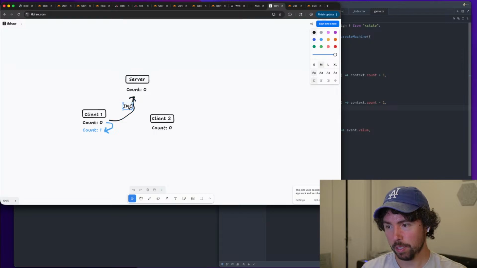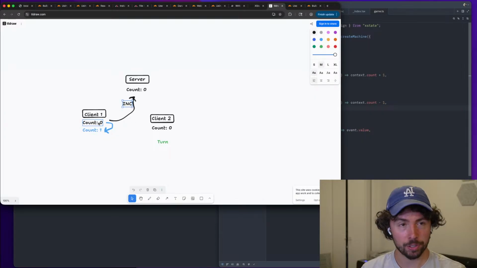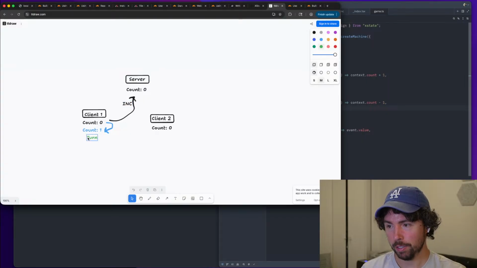And then if it's approved, maybe we have a turn. And maybe that goes back and forth. And if it's this person's turn, even if they try to do this, it won't work and this will get rejected and it'll fall back to 0. But if it is their turn, and this is all state that's shared between the three and the definitive state is on the server,